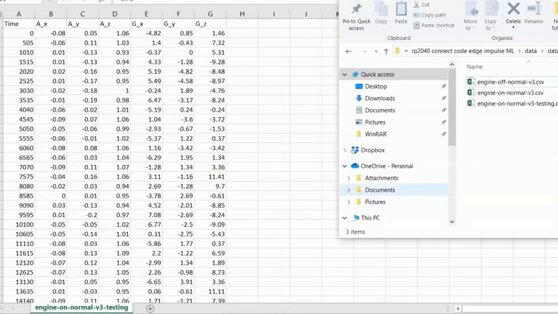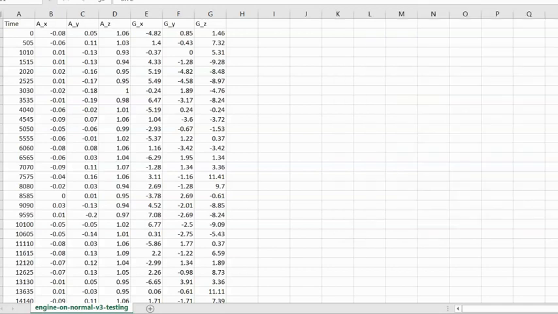So we have collected data both when the engine is running and when the engine is at rest. So the first file is when the engine is at rest, and the second one when the engine is running. Both are labeled as normal data, where 20% of the data will be used for testing, which is shown in the third file. Here's a sample of one of the files. If we investigate this further,